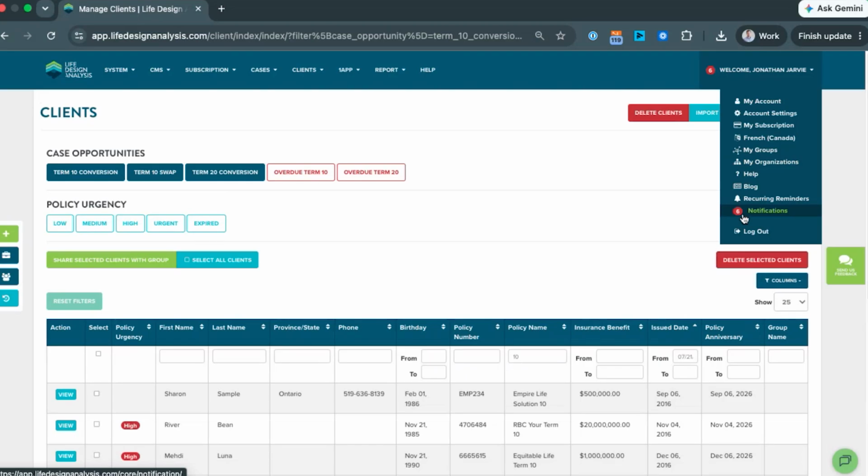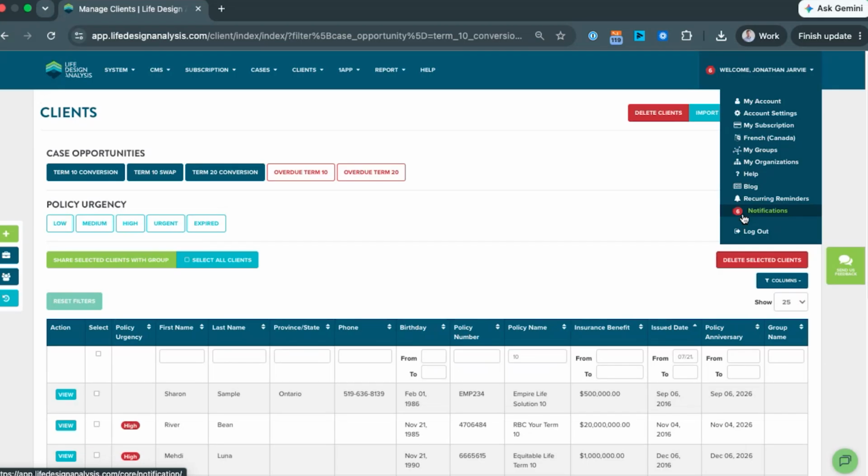and staying on top of those alerts, because most carriers typically notify you 60 to 90 days prior to the renewal, whereas LDA, we do it as early as the 7th year of a T10 or the 15th year of a T20. So it's much earlier, those notifications, and much more frequently too, because they occur on an annual basis afterwards. So just having the ability to stay on top of your block of business,